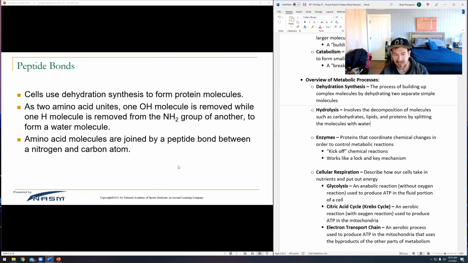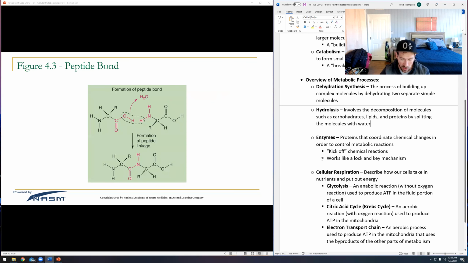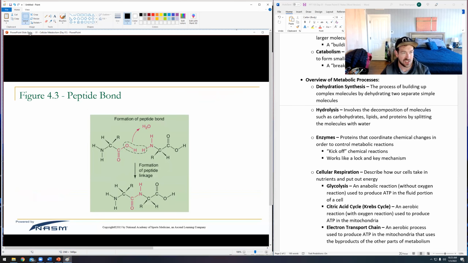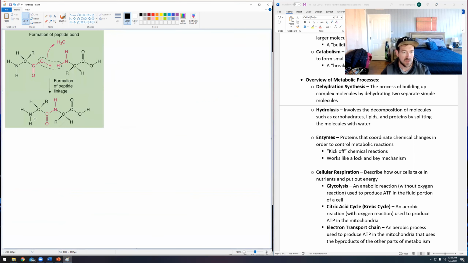So it is exactly the same thing, but in reverse, right? So if we go back to paint here, let's just say I've got this amino acid over here. Remember, this is a linked amino acid. These are 2 amino acids attached, right? One over here and one over here. And what I want to do is break them up. Well, I've got a little bit of hydrogen over here, and a little bit more hydrogen over here,